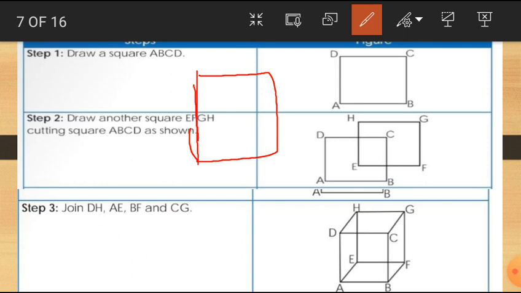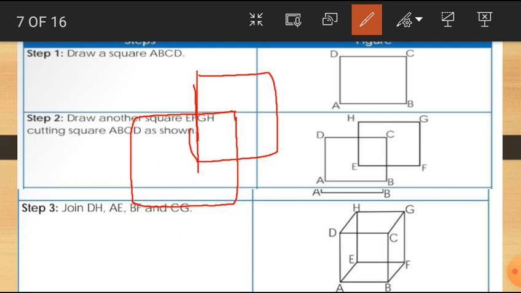My dears, I am drawing on the screen. That's why it is going here and there. So, when you are drawing, use the scale and pencil and draw a square first. Okay. And after that, start from the middle. You draw another square like this. Okay. Like this. Got it?